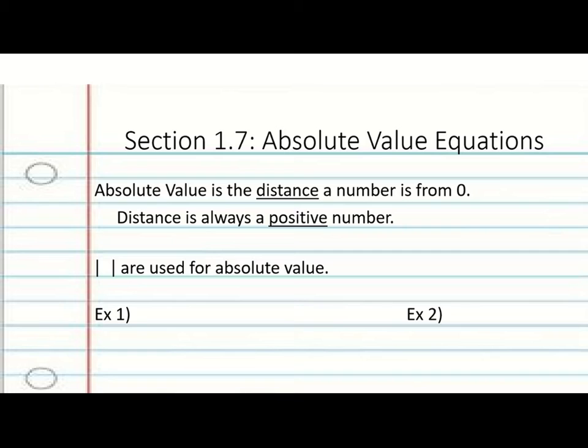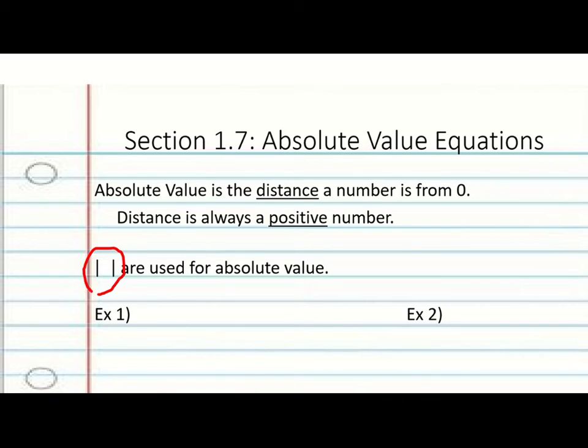Absolute value is the distance a number is from zero. Now since you cannot go a negative distance, distance is always represented by a positive number. So if absolute value is distance, when we take the absolute value of a number, the absolute value will also be positive. Now, to know if we are dealing with absolute value or not, we look for the following notation: